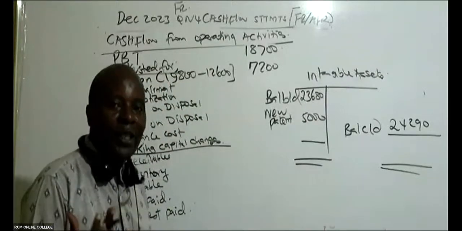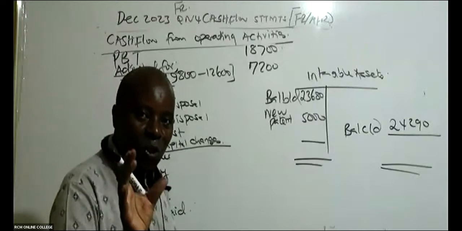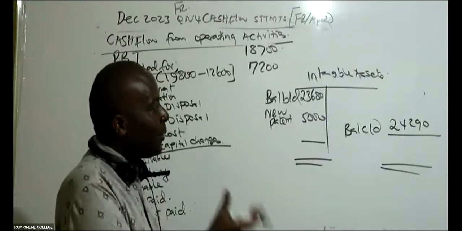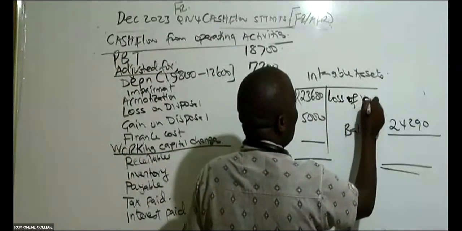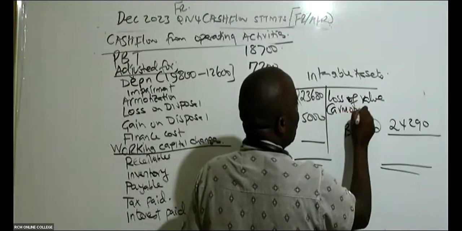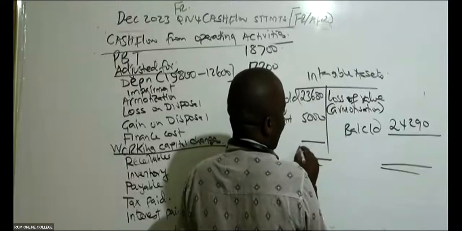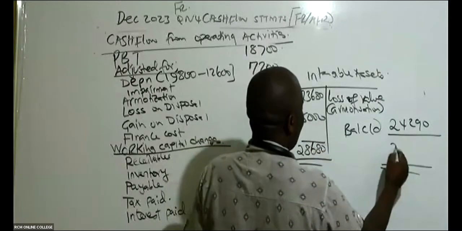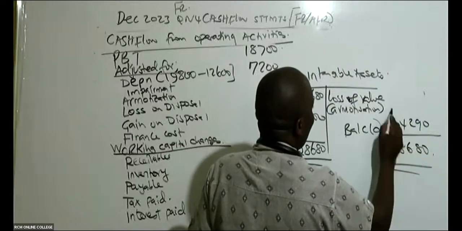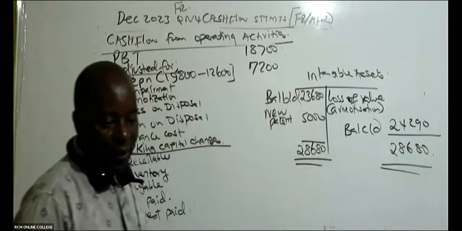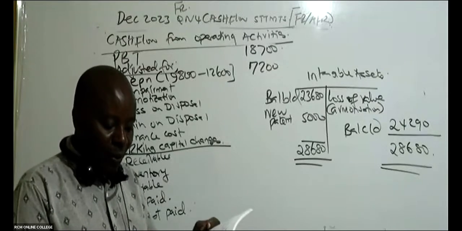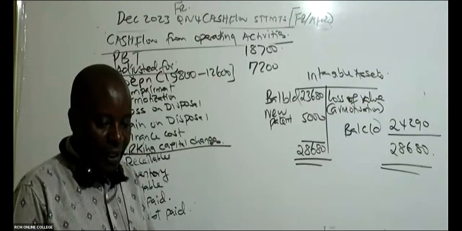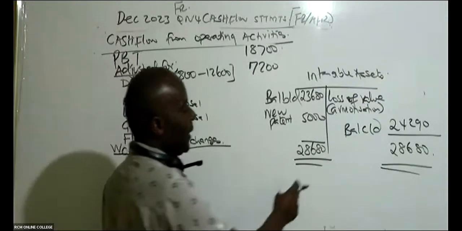Amortization. I would have called it depreciation if it was a physical asset that you can touch. But this is an intangible asset, so the loss of value, we call it amortization. So this is 28,680. Are you able to give me this amortized amount, my good students? Anybody who is able to give me this amortized amount? Because you're taking this 28,680 minus